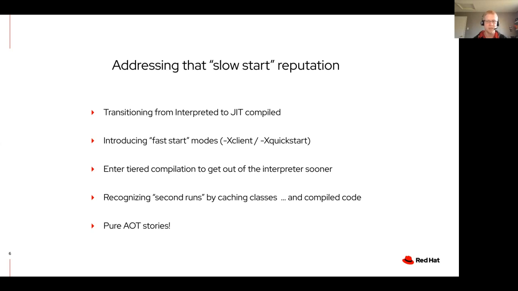And so being able to recognize that allows you to reuse that class data that you've already loaded from previous runs. Both HotSpot and OpenJ9 do this. HotSpot with CDS and OpenJ9 with shared classes. And OpenJ9 even goes further to start to save away compiled code, compiled JIT code, to be able to reuse it in subsequent runs. And then, of course, there are also tools being developed like the jaotc tool to be able to statically compile your code ahead of time.